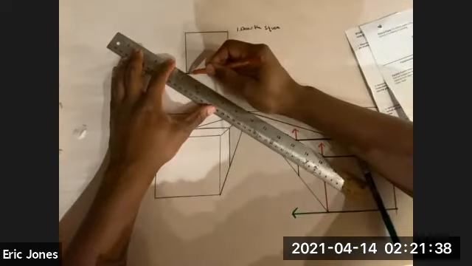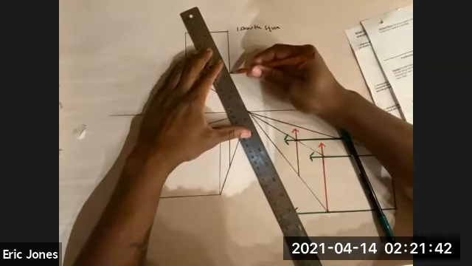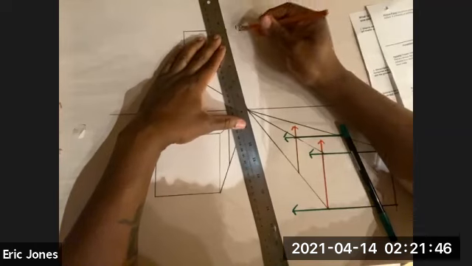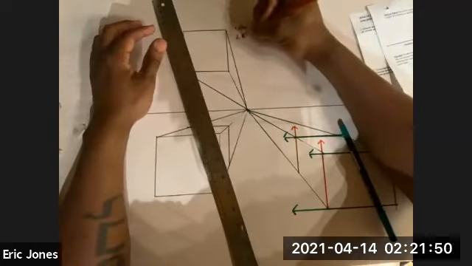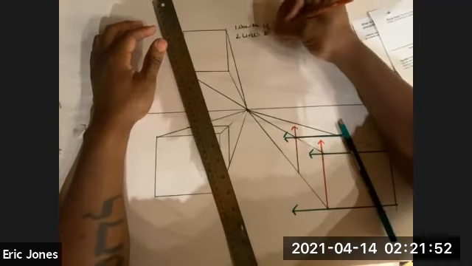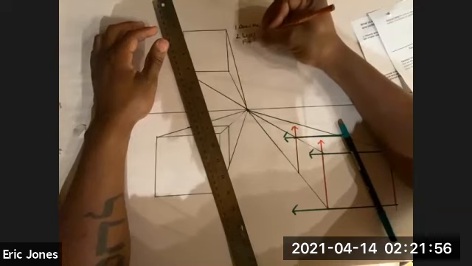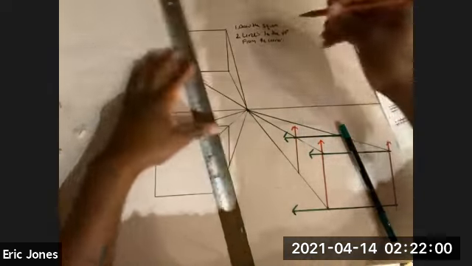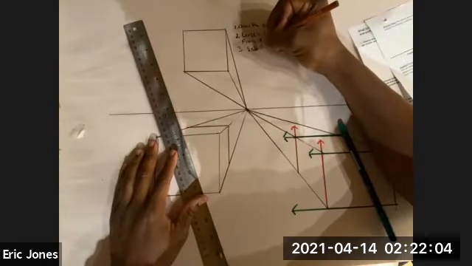Step two, lines to the vanishing point from the corners. And in step three, establish